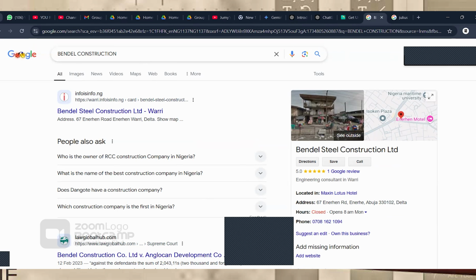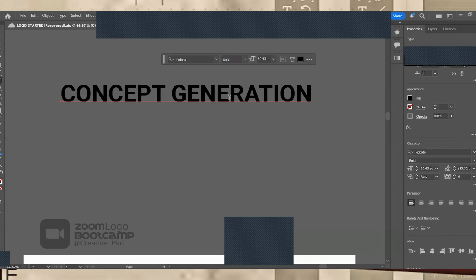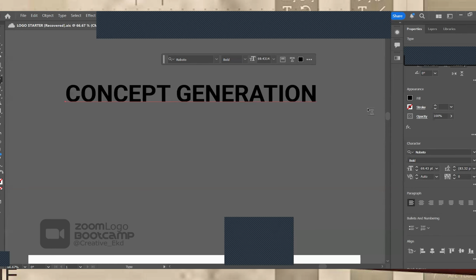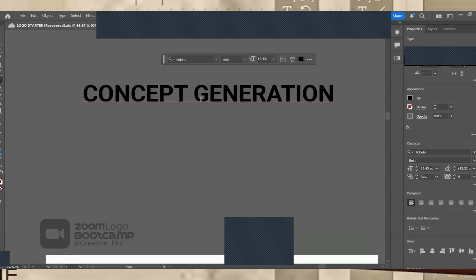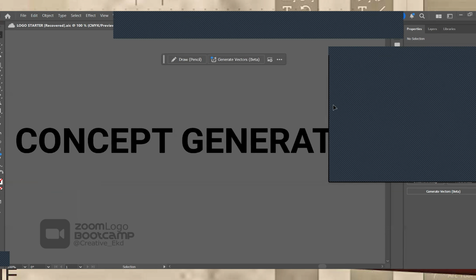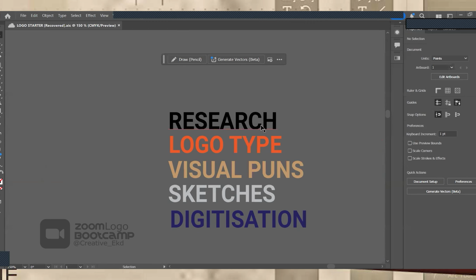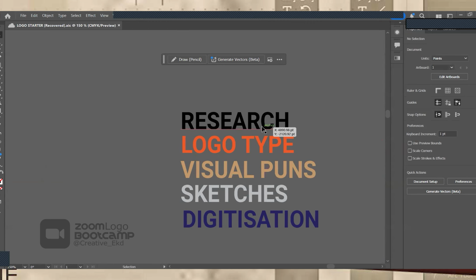I can make a simple sketch using my Illustrator. So the first thing, you have to research, right? After you're done researching, then you start sketching. But we already have a direction we want to go. We want to use a word mark. So we have different stages, right? I've outlined it. So the first thing, you have to research. The second thing is that you go for your logo type. After your research, you look at their competitors,